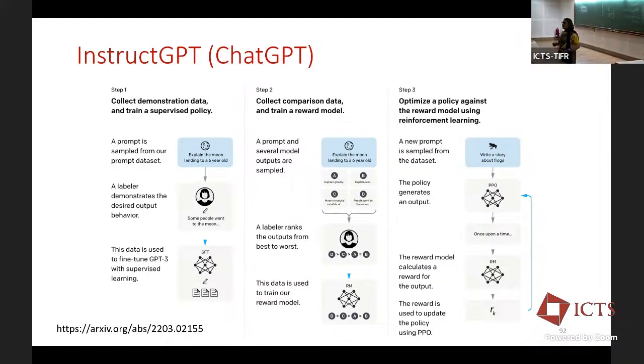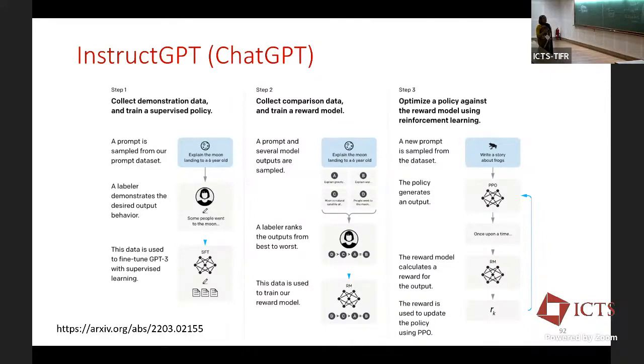So your policy can give strategy 1 or strategy 2 or strategy 3. So you take one strategy, and then you get the reward, whether the task was accomplished or not. So you use reinforcement learning with human feedback to tune them. So on top of the standard large language model, ChatGPT, which was initially called Instruct GPT, uses these instructions and human feedback,